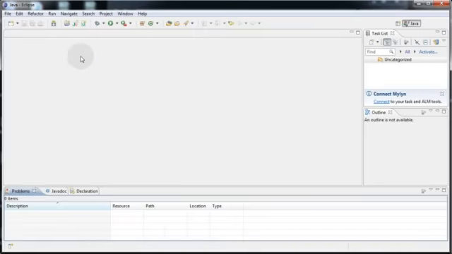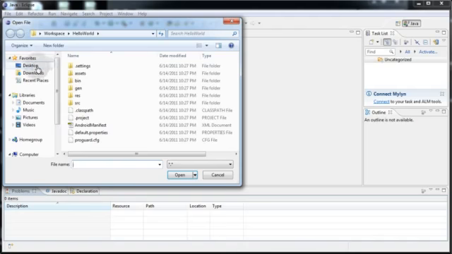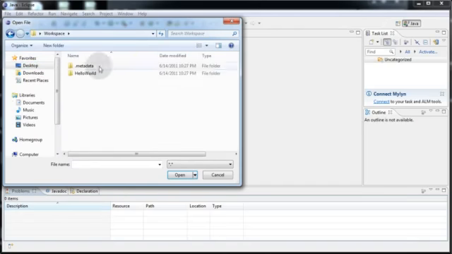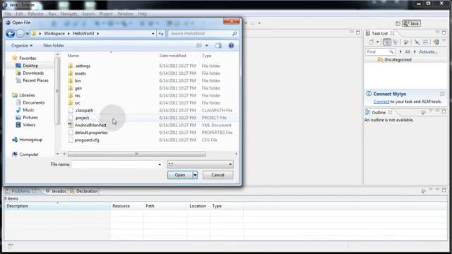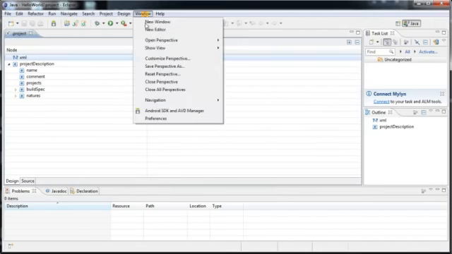Now at any point, if you happen to close Eclipse, or you close that little welcome tab, you hit the little X on that welcome screen, and you don't see your project behind that welcome screen, you can just go to File, Open File, and you go to your desktop where you had the workspace folder. You click Hello World, or the package that you're creating, whatever application, and the .project file is the one you want to open. And if yours happens to look like mine and you want to see the Project Explorer window on the left here, you can go to Window, Show View,